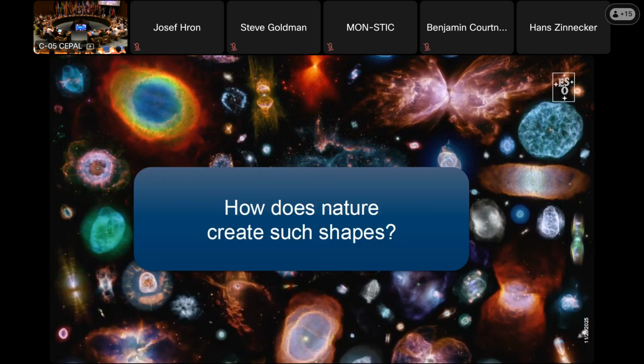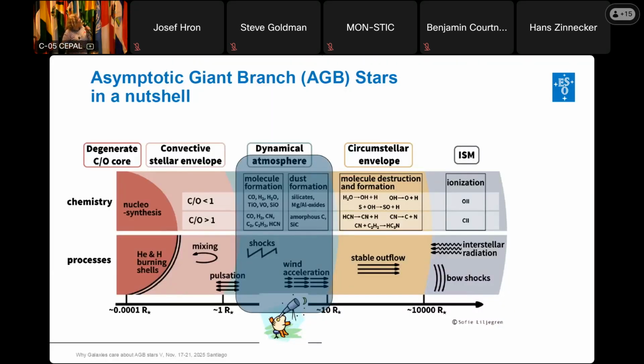Following up the rest of the program of this morning, the question we are trying to address here is also how nature creates the shapes of the post-AGB, and what the AGB looks like. I have to say, in the last 15 years, the picture of the AGB changed quite a lot. So we are on that way, following that wave. In this talk, I will focus on the part which is highlighted in the graph, and it's basically between 1 and 10 stellar radii.